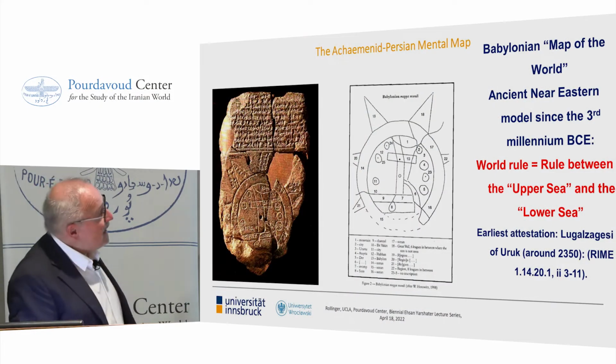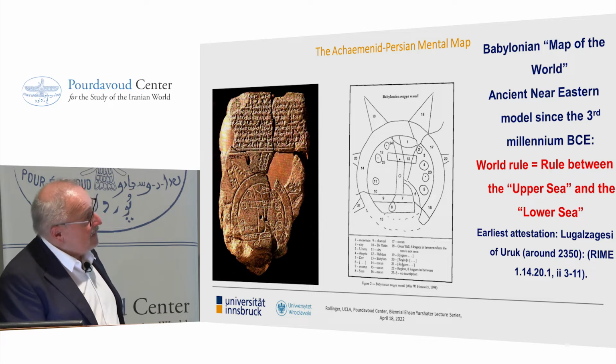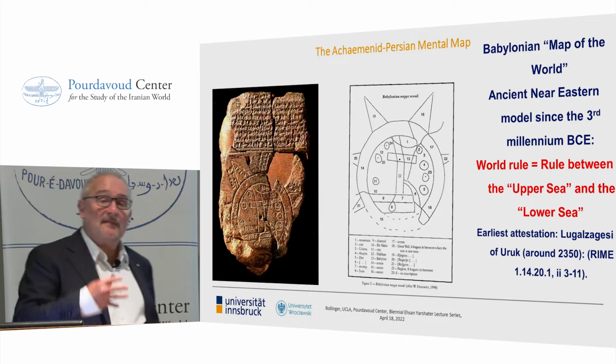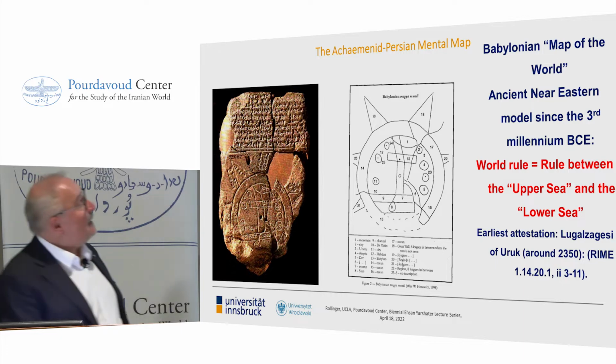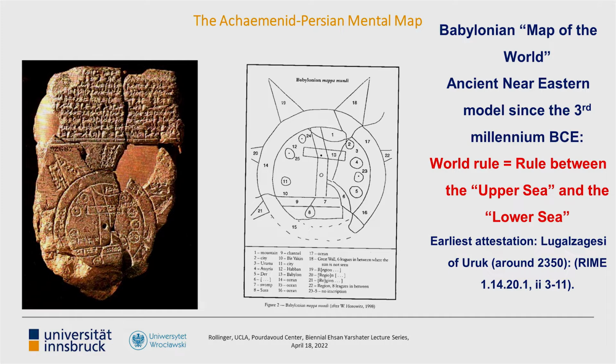And of course, if we put this in a modern geographical framework, it is the Mediterranean and the Persian Gulf, the Mediterranean referring to the upper sea and the Persian Gulf referring to the lower sea. And this is again an age-old Babylonian conception of the world. The first time we encounter these ideas leads us again back to the 3rd millennium BC, so it's a Babylonian framework we encounter, and it is put into picture by this very famous Babylonian world map,